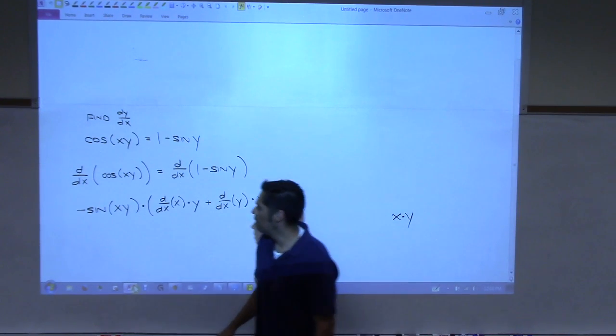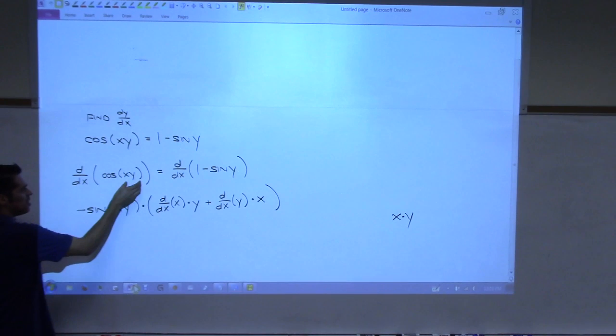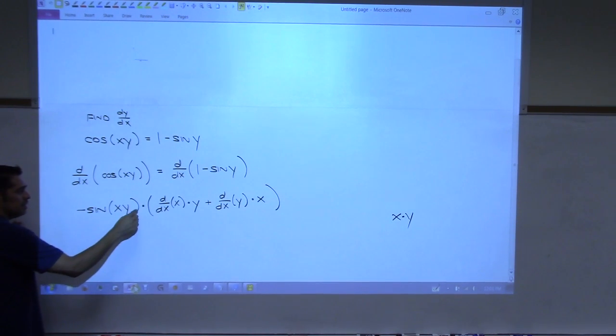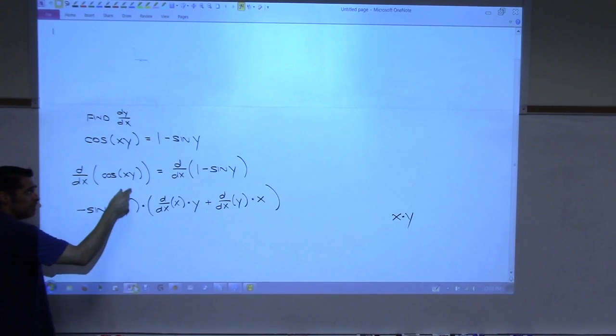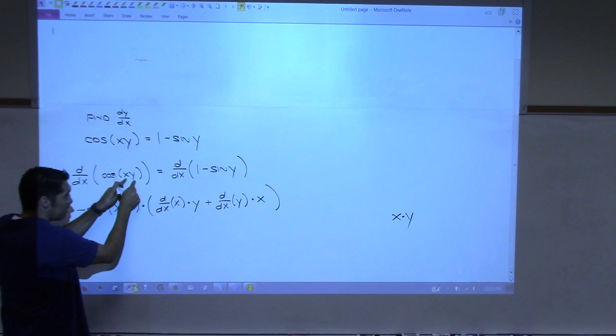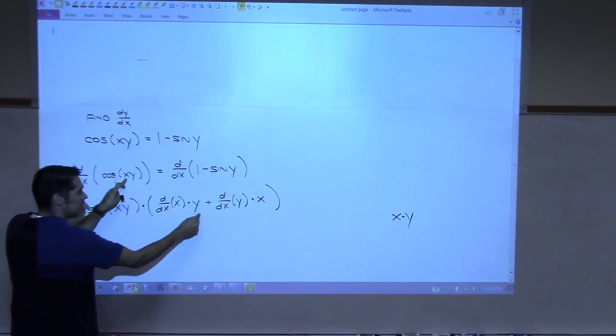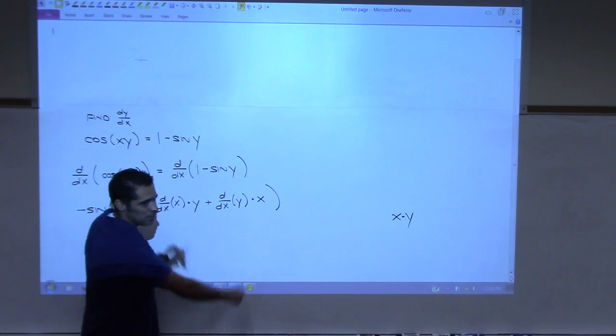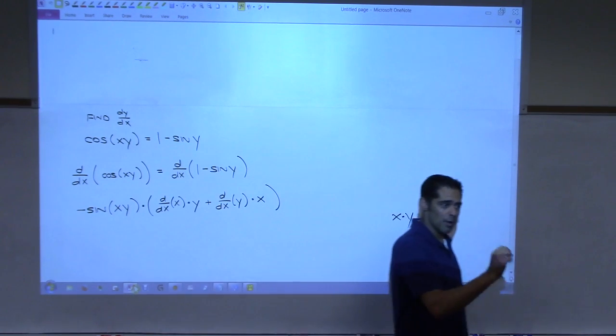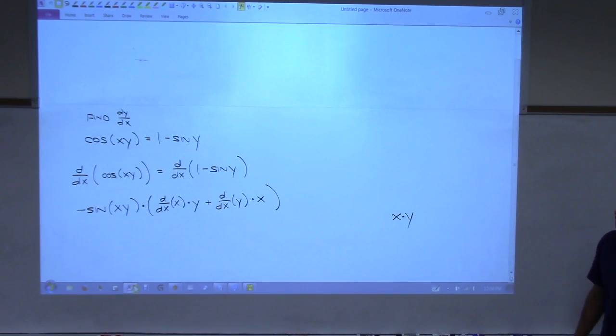We had the derivative of cosine of something is negative sine of that something times, because of chain rule, the derivative of what was inside, which is a product rule: derivative of the first one times the second one plus the derivative of the second one times the first one. But it's a derivative with respect to x on all of these. And then that equals,